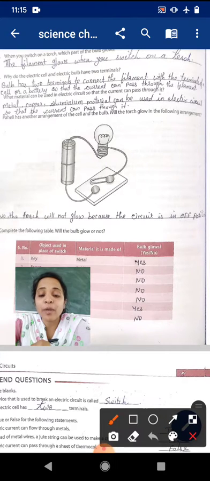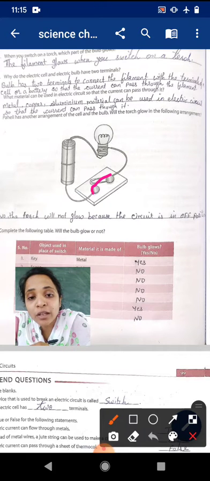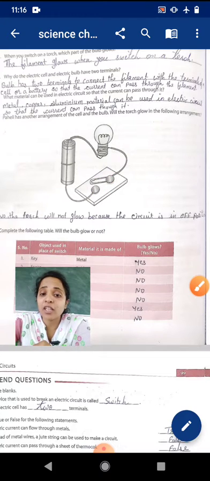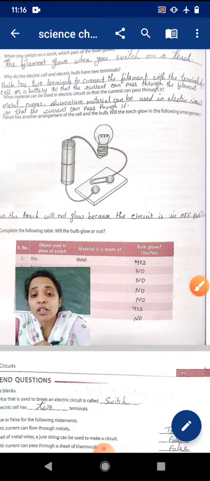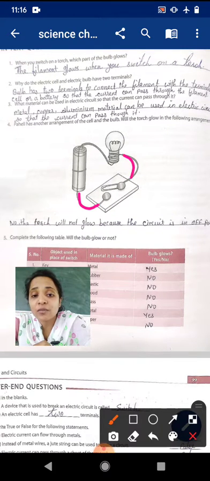Now if I say make the circuit in the on position, then what will you do? You have to make an attachment between these two drawing pins. Okay, so now the circuit is in the on position. You can also have a question like convert the circuit into the on position. Then you have to do it like this. Again, sometimes you may be asked to make the connection between the wires. So whatever wire was left to connect, you have to make the connection over that like this. Okay,